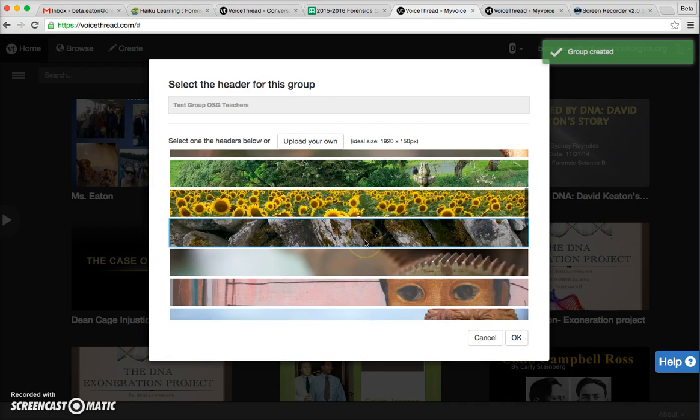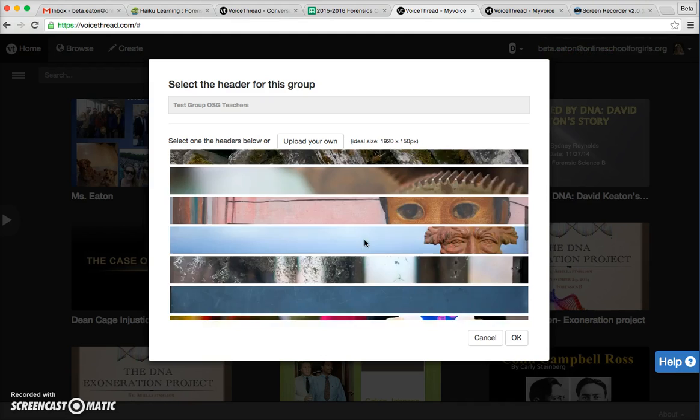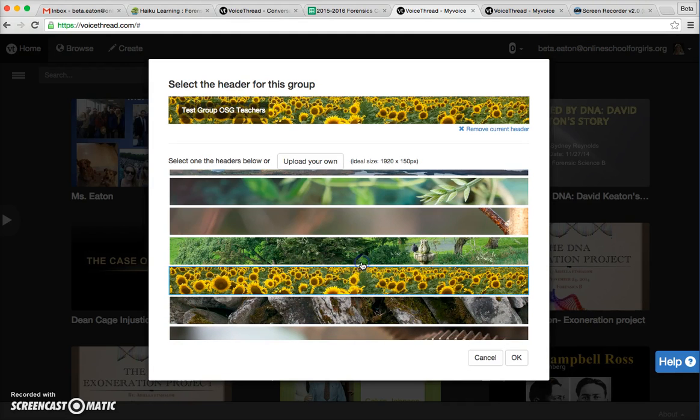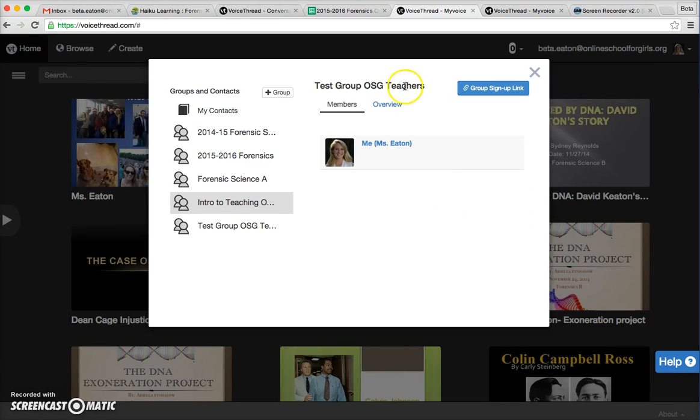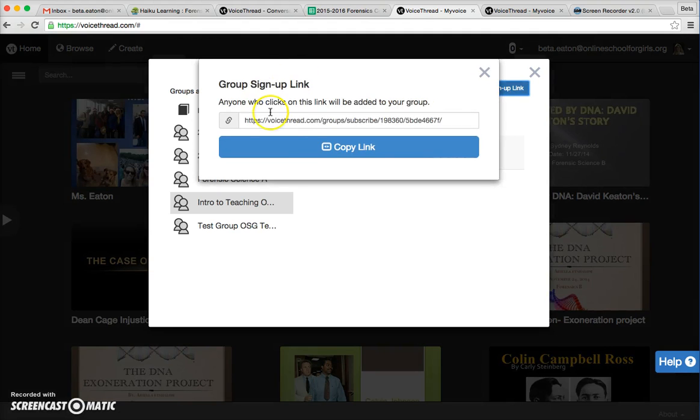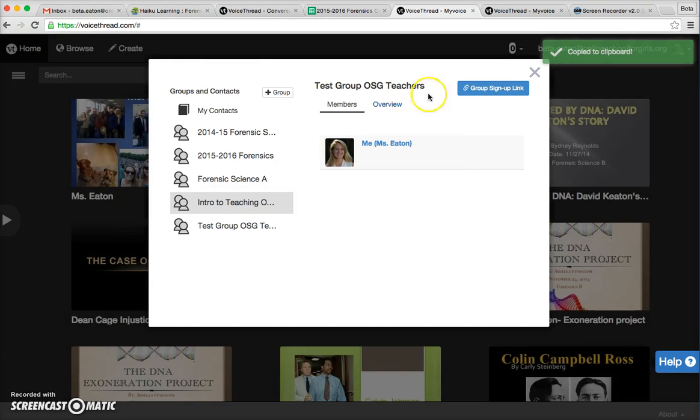You can add a little decal, you can upload your own. I'm just going to click the sunflowers and click OK. You don't have any group members right now because your students are not here yet. So what you do is click in this upper right-hand corner, and it's kind of just like Google Docs. You click here and you get this link, and you just copy the link and it's on your